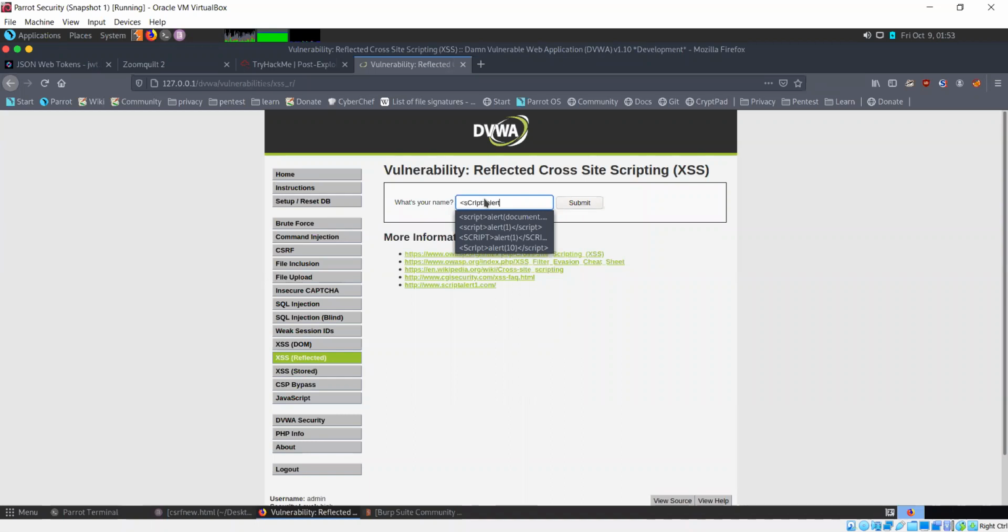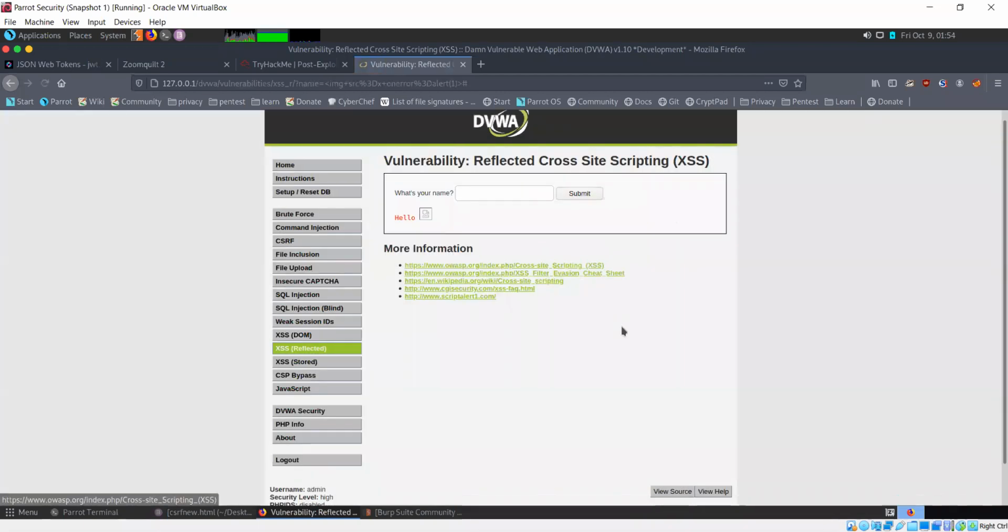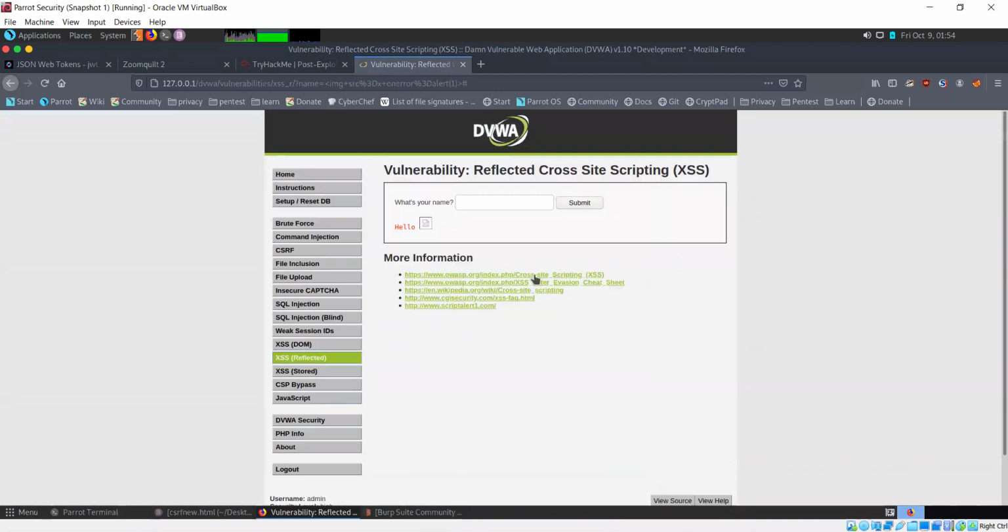Let's check. Okay, that is not working in this case. Let's try the other ones. So this works. Even here, they don't have adequate protections against this attack.